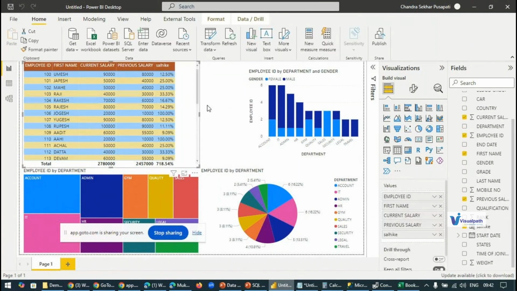Now this report is showing current salary, previous salary, and percentage of hike, 12.5%. The same way we can calculate the gross profit with the sales and cost values, and we can use that formula in different reports. Yes, definitely.